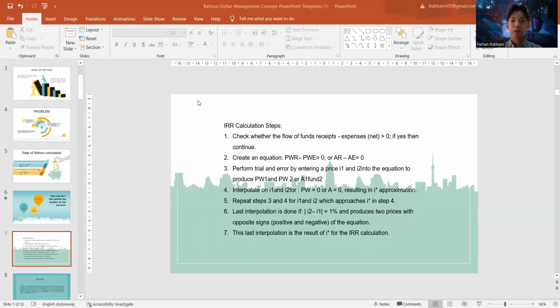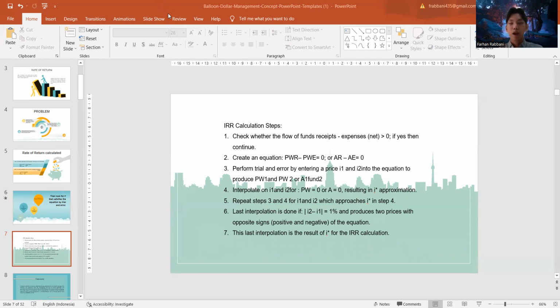ROR calculation steps. One, check whether the cash flow net is more than zero. If yes, then continue. Two, create an equation: present worth revenue minus present worth cost equals zero, or annual worth equals zero. Three, perform trial and error by entering a price i1 and i2 into the equation